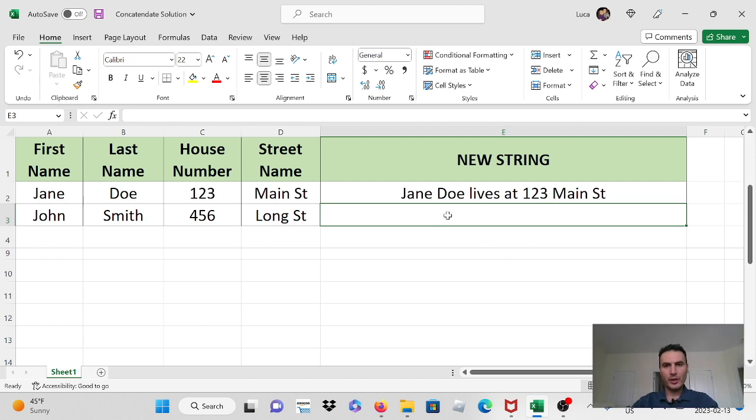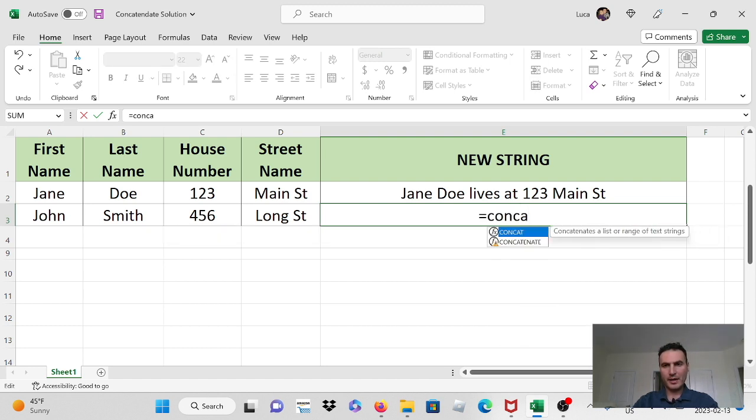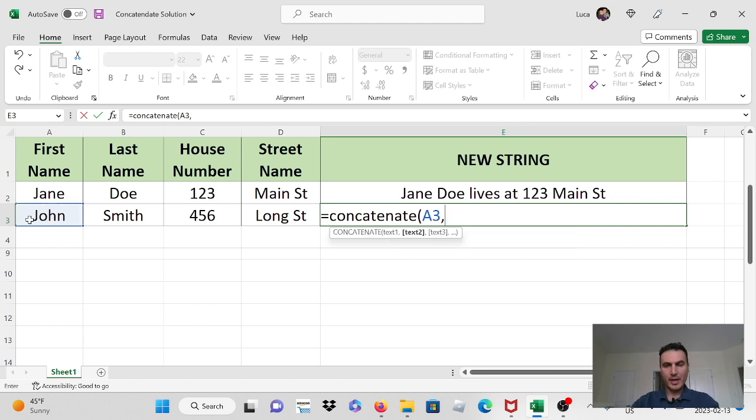So the first step we're going to do is double click on our cell box or in the function box here, but I'll do it down here. We'll double click, equals concatenate, open the bracket, so click John, comma, and now we need a space between John and Smith. So we'll add that space with a quotation mark, space, close quotation mark, comma, then we'll click our last name here, so the Smith, so B3, once again, comma,